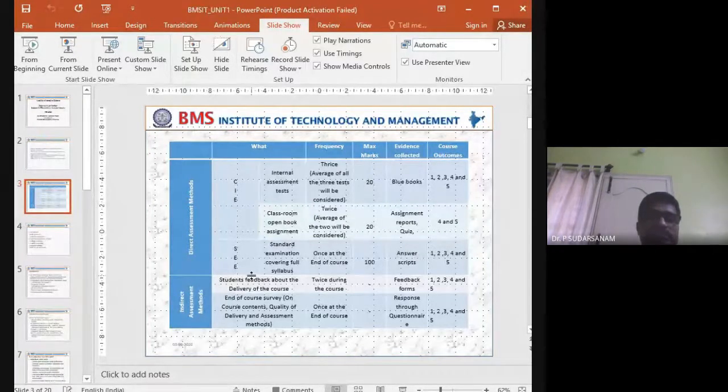One is called the direct assessment, another one is called indirect assessment. Direct assessment is nothing but directly whatever you are performing, either internal marks and external marks. Indirect assessment will also be there after completing your degree. We will be considering after 2 to 3 years what you will be. We have written vision and mission, so whether that mission is reaching or not, that is the direct and indirect assessment. Finally, the National Board of Accreditation will be assessing our college with respect to the department. So this is what it is with respect to NBA, course outcomes and subject.